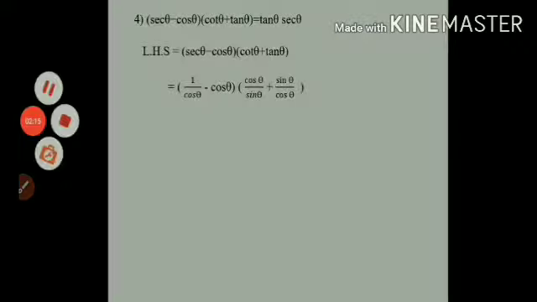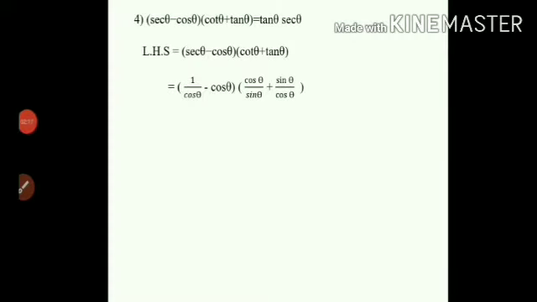So now students, you can see on the left hand side in the first bracket we have 1 upon cos theta minus cos theta, meaning 1 upon cos theta minus cos theta upon 1. Now when you cross multiply the first bracket, we get 1 into 1 will be 1, and cos theta multiplied by cos theta will be cos square theta, upon cos theta remains the same. Again in the second bracket we are doing the same thing. Sin theta multiplied by sin theta will be sin square theta, plus cos theta multiplied by cos theta will be cos square theta, and in the denominator I am multiplying sin into cos. So we know again 1 minus cos square theta will be sin square theta.